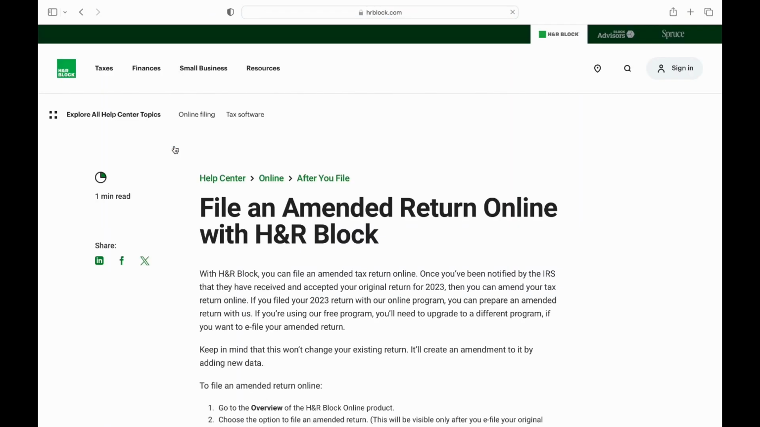In this guide, we'll provide you an overview of how to amend a tax return using H&R Block's online platform. So, firstly, begin by visiting the H&R Block website and accessing the page dedicated to amending a tax return. Once on the web page, familiarize yourself with the information provided regarding the process of amending a tax return using